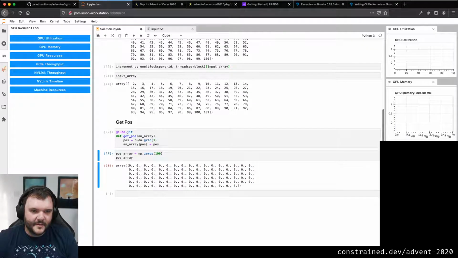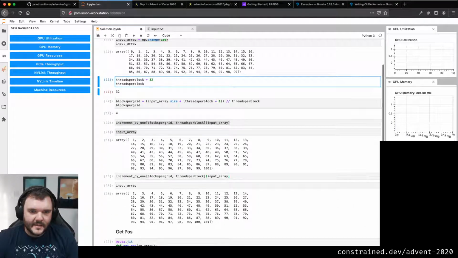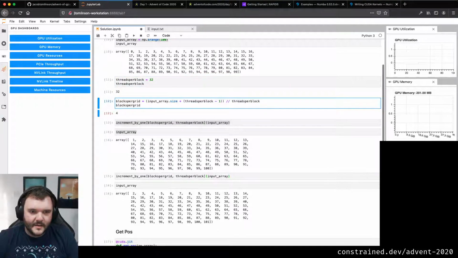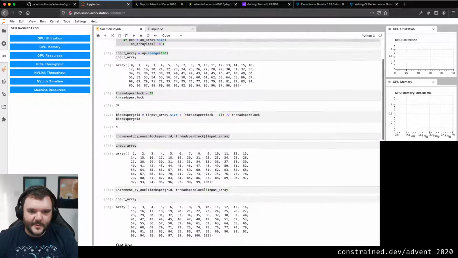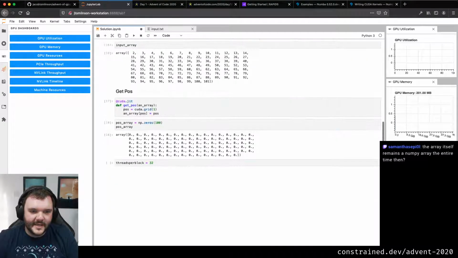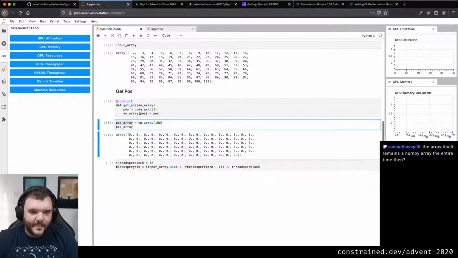Now what I'm going to do is I might encapsulate this. I'm going to think of a neat way of tidying it. No, it doesn't matter. Okay, I'm just going to copy these lumps again. So we've got threads per block and blocks per grid, and I'm just going to keep copying this section because it's useful to have it around. But this is going to be for our pos array, right?